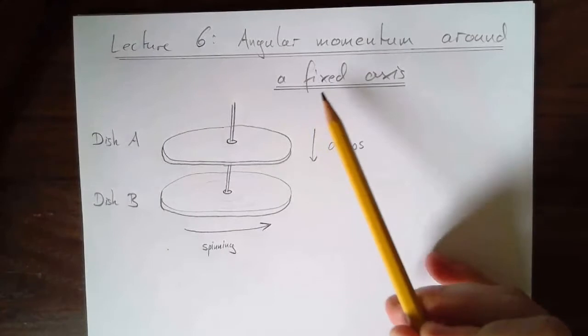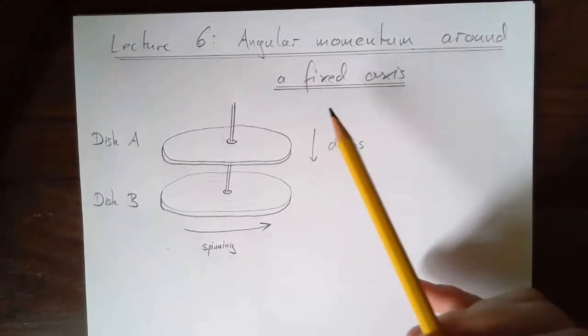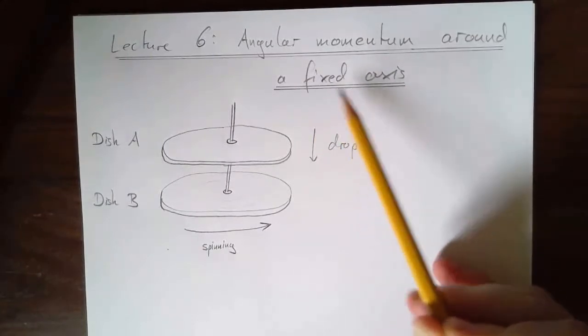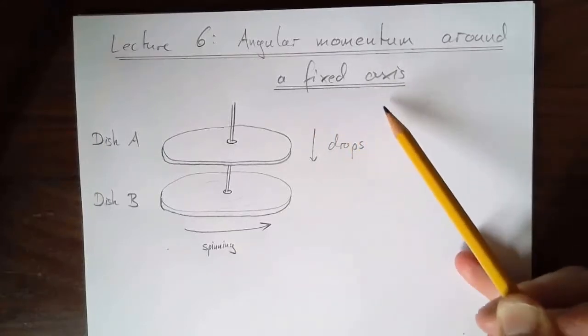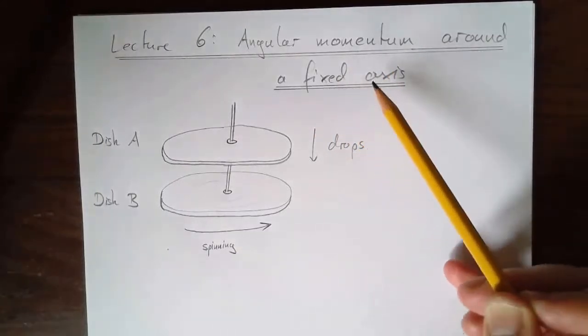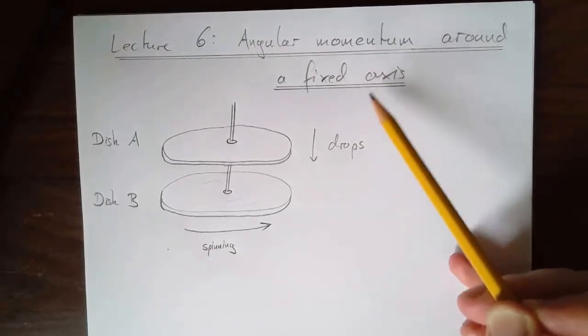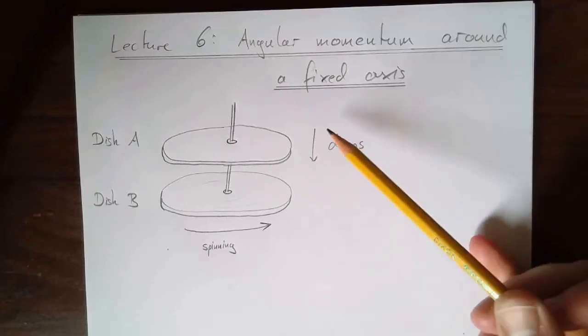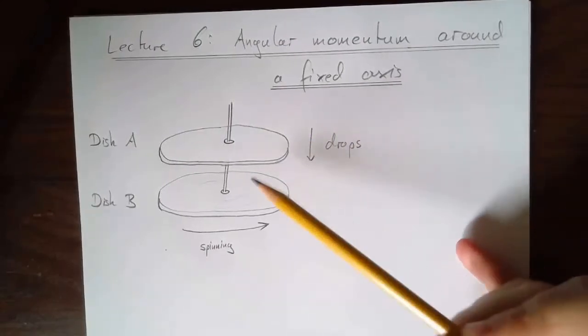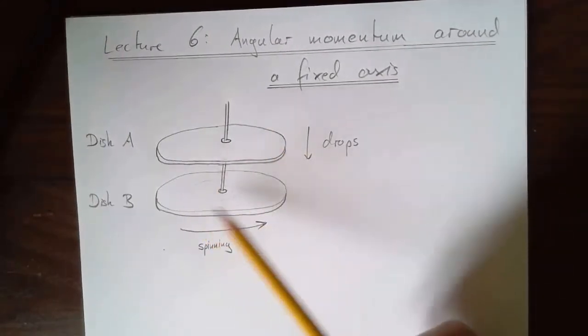So right now we're saying around a fixed axis, and maybe we should have said it about all the previous motion as well, all the previous rotational motion that we studied. But here we're going to make it explicit because angular momentum is the particular concept where it gets really, really interesting once you start thinking about it, not just spinning around a single axis like that.